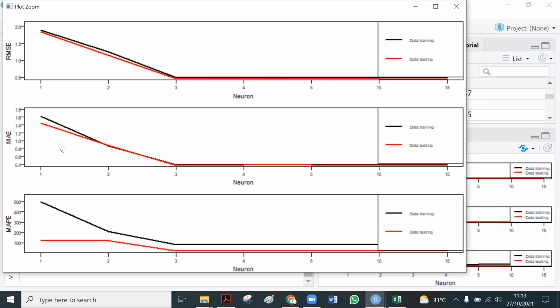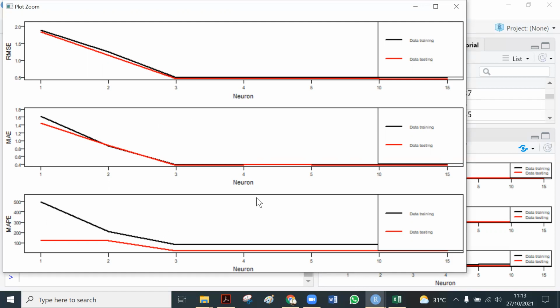And also it happened too if we use mean absolute error, 3 neurons is enough. Also for mean absolute percentage error, if we increase the number of neurons greater than 3, it does not help to reduce the MAPE.